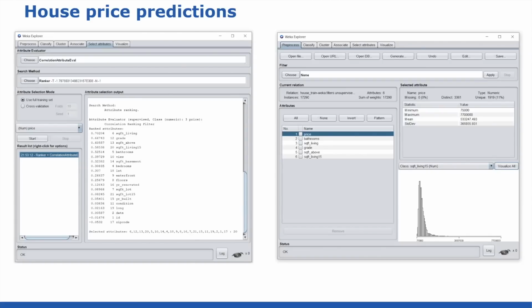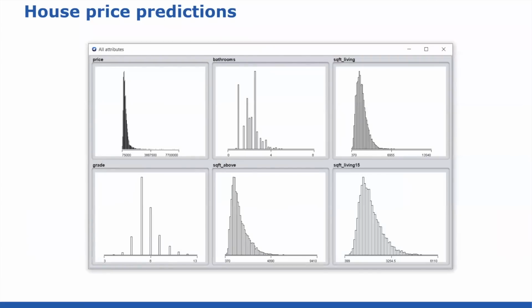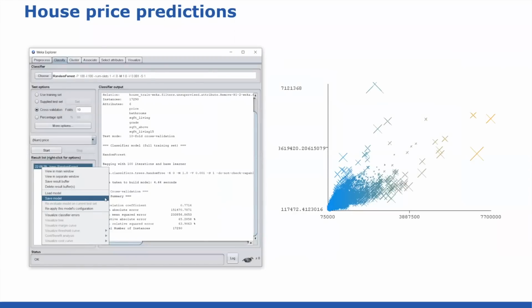I can go delete all the ones that I'm not interested in, and it can now save a model. There's the new ones, and they kind of all look like the price graph, which is good confirmation. I can go save that as a model and visualize it, and I've now got a model that I could use to then go and test additional data and do some housing predictions. So that kind of shows you